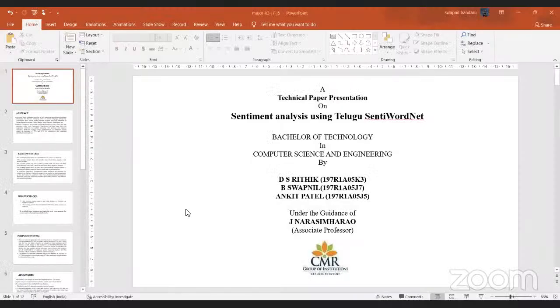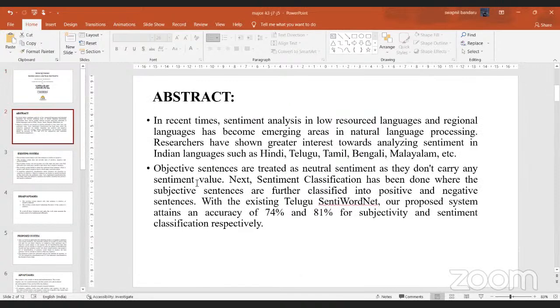Good morning, sir, and good morning, everyone. My name is Swapnil. I'm from CMR Technical Campus. Today, I'm going to present on the topic of sentiment analysis using Telugu SentiWordNet, under the guidance of Narasimha sir. So, what exactly is sentiment analysis? Sentiment analysis is a machine learning technique which uses